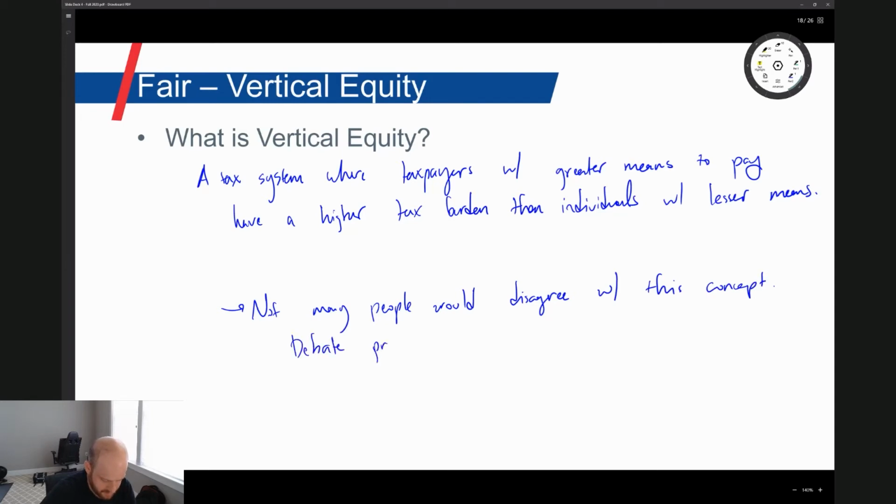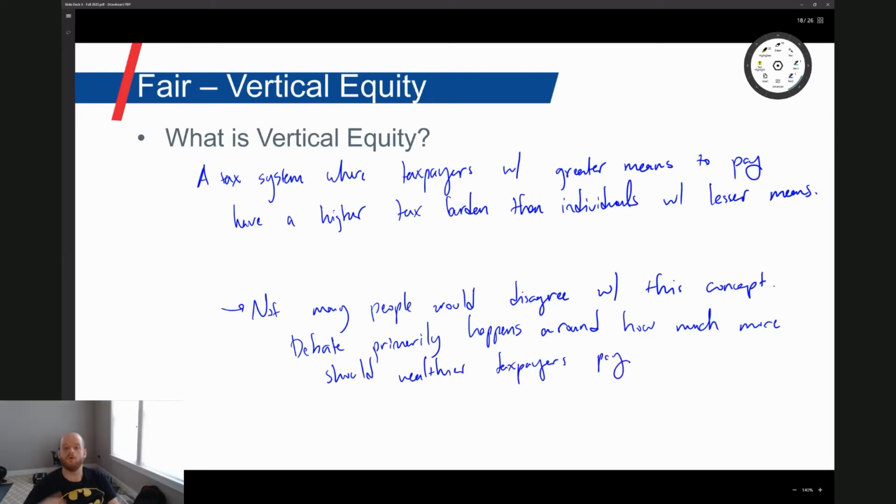Debate primarily happens around how much more should wealthier taxpayers pay, right? So with horizontal equity, we've created a system where people with similar abilities to pay are paying